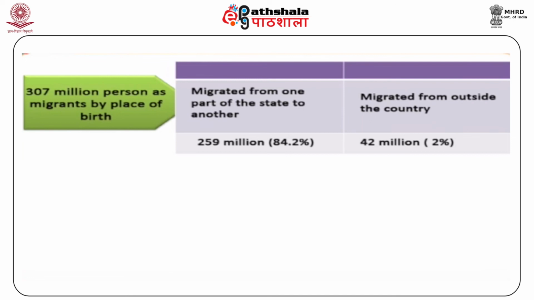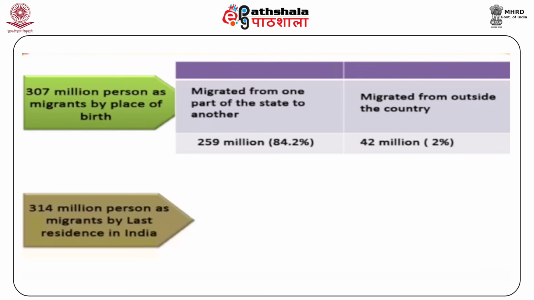Data on migration by last residence in India shows that the total number of migrants has been 314 million. Out of these migrants by last residence,